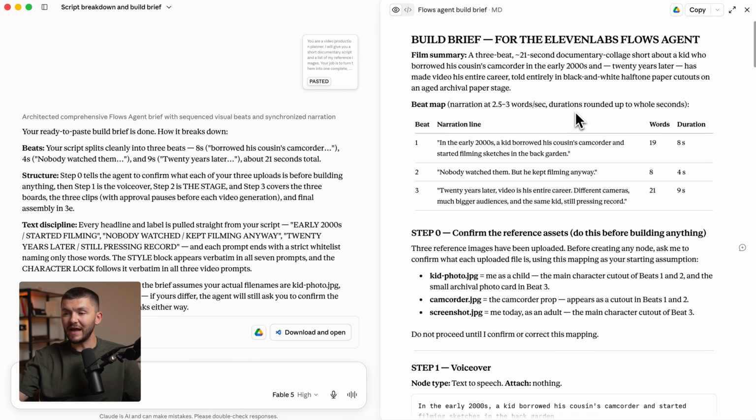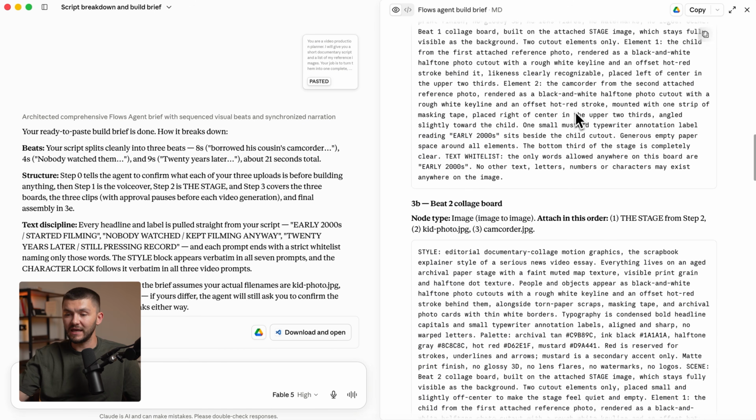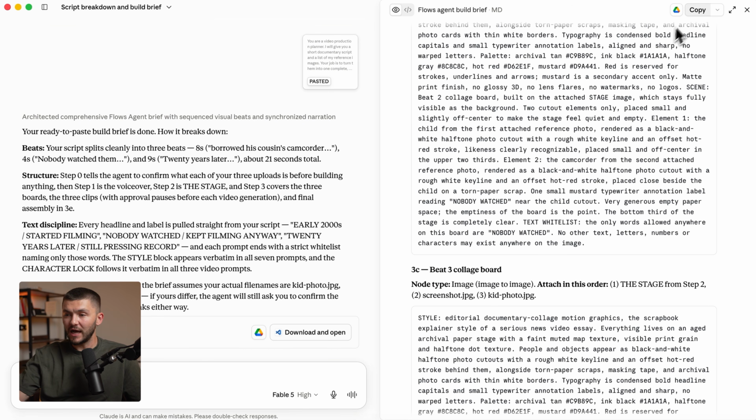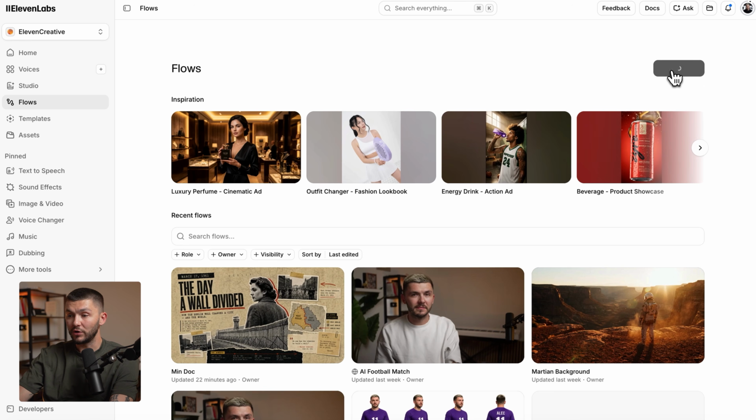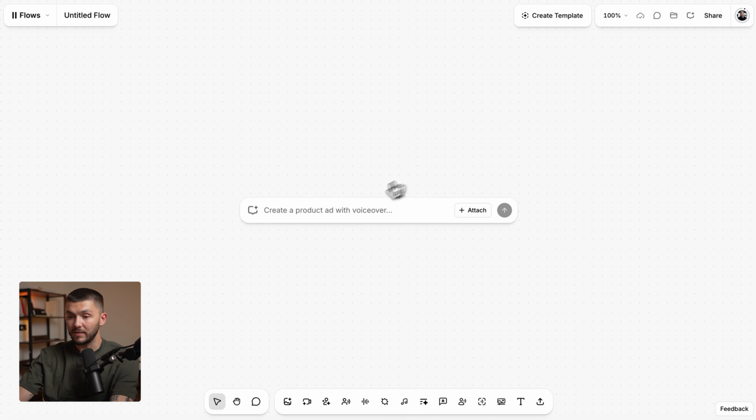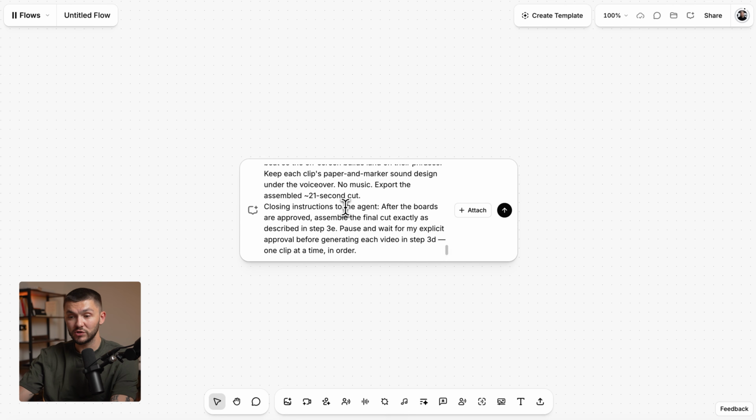And as you can see, we've now got an entire build brief for the ElevenLabs Flows agent. And so I can go ahead and copy this. Now if we head back into ElevenLabs, we're going to click on Flows. Here we then want to click on New Flow. And this time we're going to paste the prompt that we've just got from Claude into the ElevenLabs Flows agent